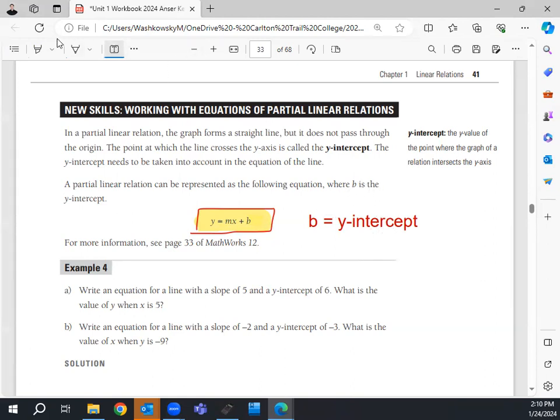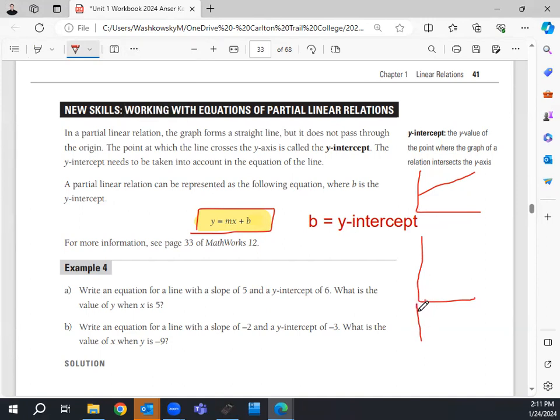So what is this y-intercept? Right now, you don't have to draw this, but all the graphs we've been doing today have been direct linear relations, right? They've been going through the origin. The only thing that's changed with them is the slope, but they've always started at 0, 0. This y-intercept is showing where it crosses the y-axis. The y-axis is the one that goes up and down here, right? Specifically, when we add a y-intercept, it changes it from a direct one to a partial one, is really what it's boiling down to. That y-intercept just changes how high up or down